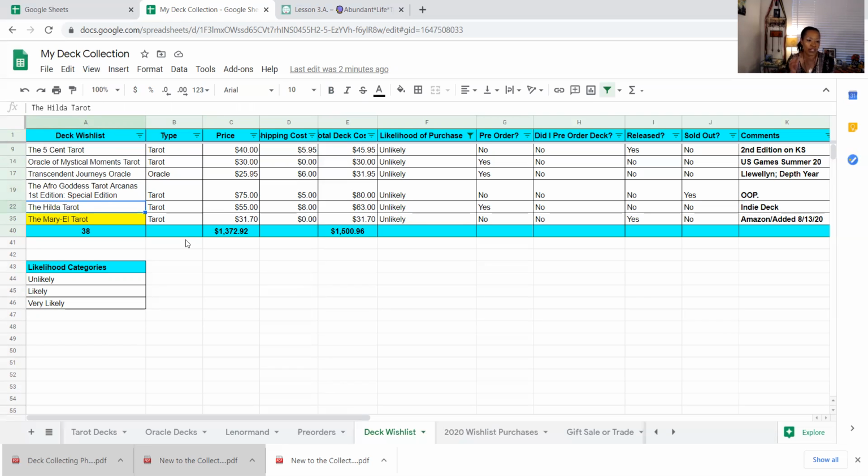The Hilda Tarot is very kitschy, very themed, and that's what I like about it. But would I use it in readings for others? Probably not. And I'm actually at a place where I'm considering downsizing as my nest gets smaller and emptier. There's not a need for a big old house, so that means there's not a need for a bunch of decks. And I don't want a bunch of decks, like the Hilda is $55 plus $8 in shipping, $63 in investment. Great deck, but it may just be a deck that I appreciate from afar for now.